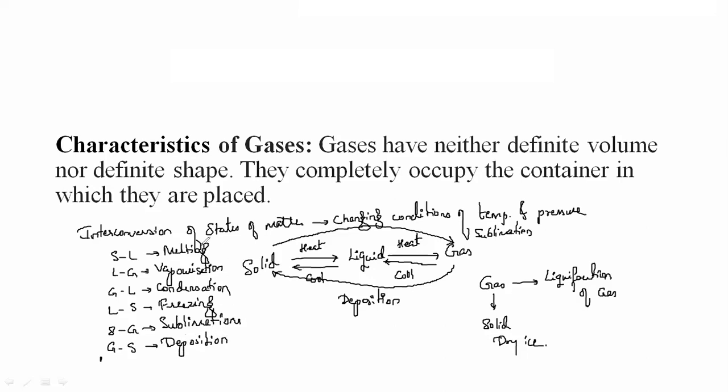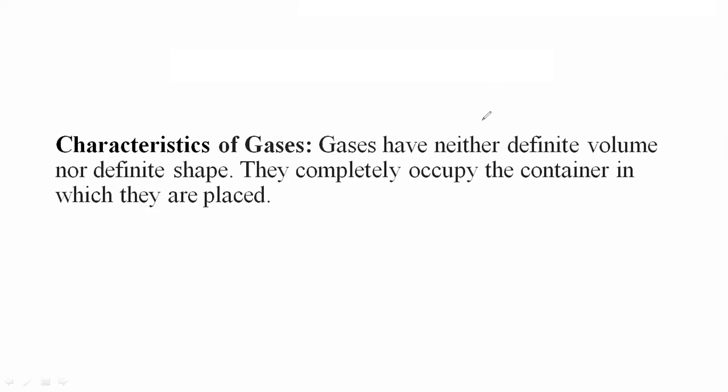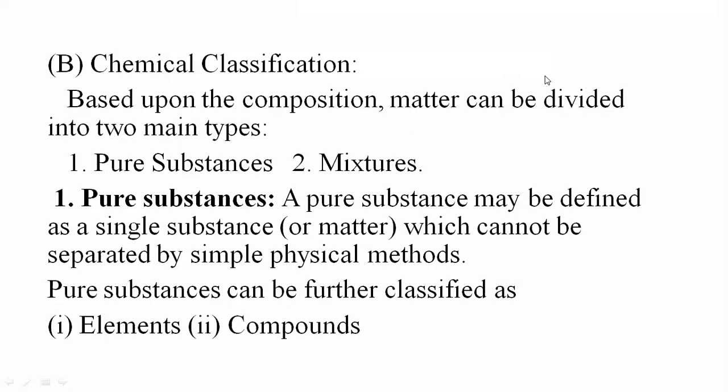And the temperature at which melting occurs is called the melting point. Temperature at which vaporization occurs, we call it the boiling point. There are different freezing points and all. Yes, so that is all the processes which come under the interconversion of different states of matter. Okay, coming to the classification of matter based on chemical ways. So, chemical classification. Based upon the composition, matter can be divided into two types: